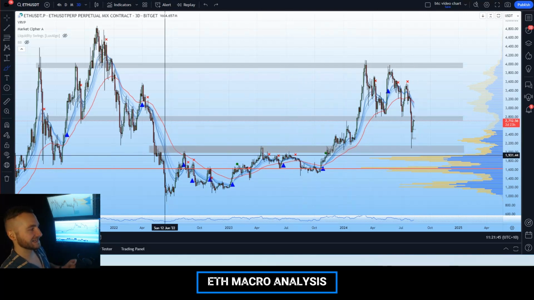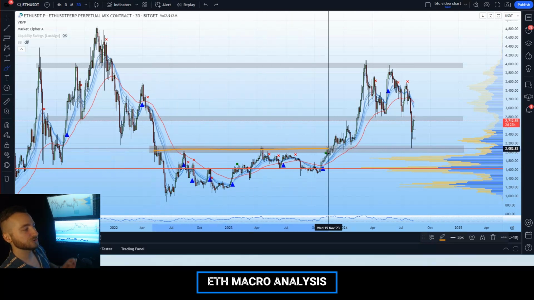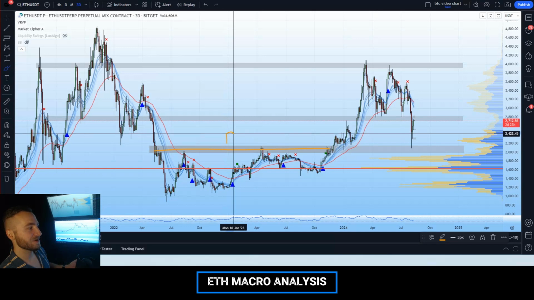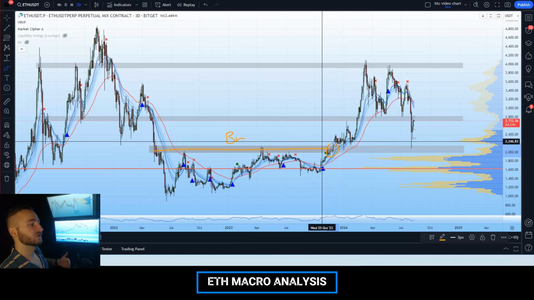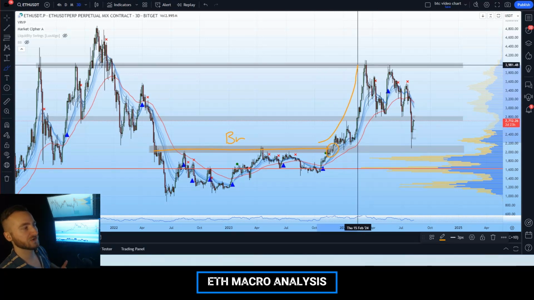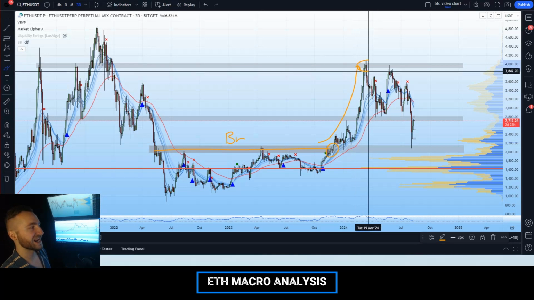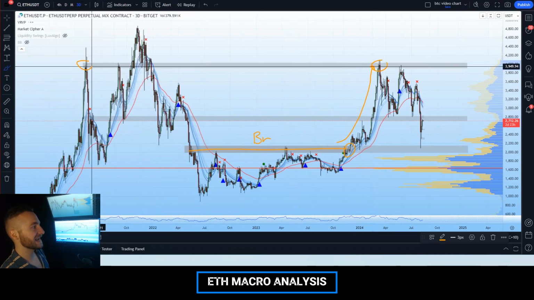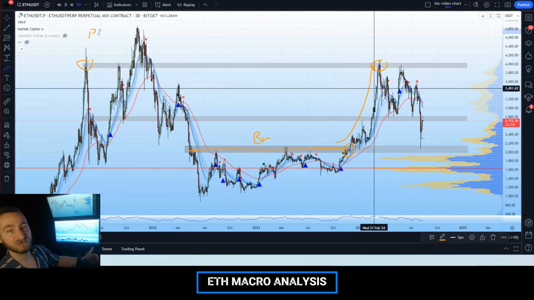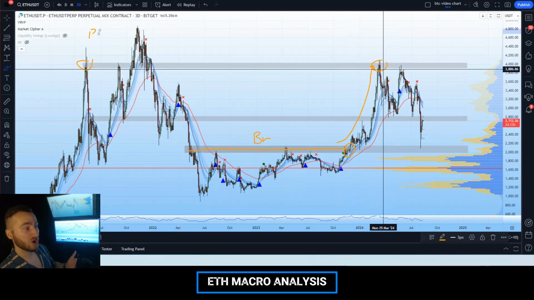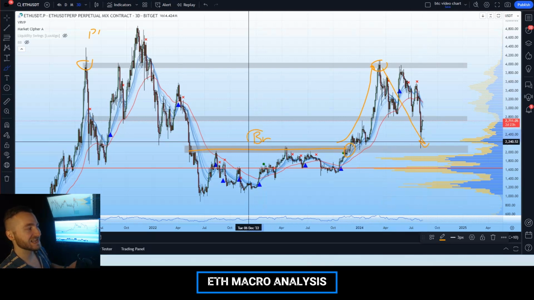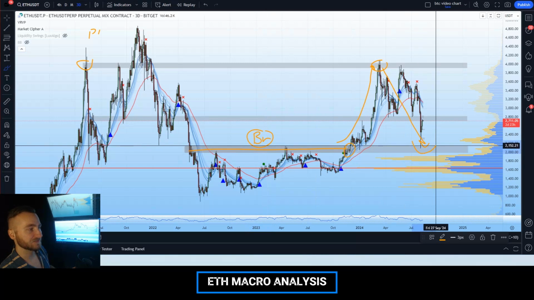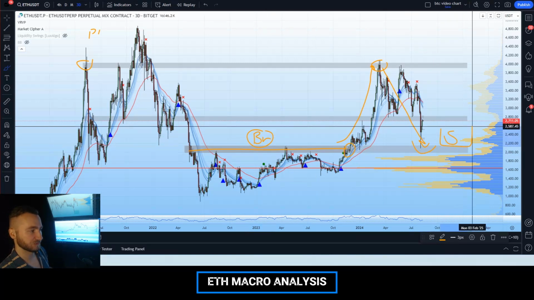This particular level acted as a resistance for nearly 2 full years, which was our bear market resistance. We eventually broke through this level in December 2023, resulting in a strong continuation of over 100% to the $4,000 mark, which was our weekly high and our pi cycle high point. We have then since seen a correction of a considerable amount, around 50% pullback here for Ethereum, resulting in a retest of that prior bear market resistance and bouncing, turning this area into a horizontal support level.